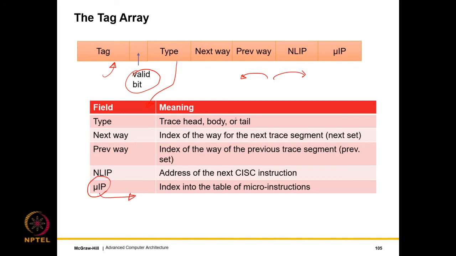So as we see, when we are looking at a practical system, which is Intel's trace cache, and by the way, all of you are encouraged to read Intel's original patent on trace caches. This has all the details. So what is being presented here is somewhat at a high level. Nevertheless, the key point is that we do store decoded instructions, but occasionally there is a need to go into the table of micro instructions. Hence we have this pointer.